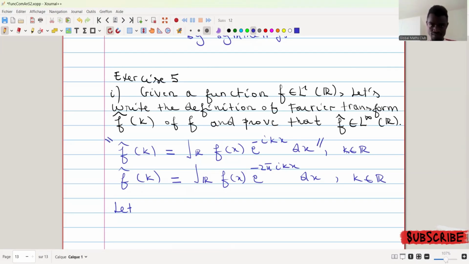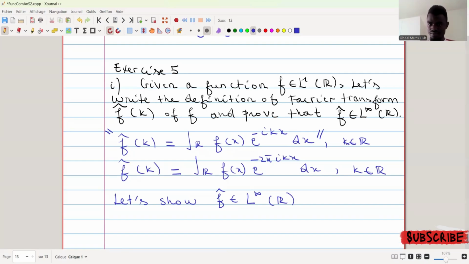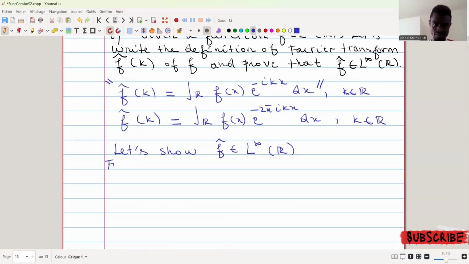So the first formula. Let's show that the Fourier transform is in this. So the hypothesis is that we know that f itself is in L1. Now, for every k in R,